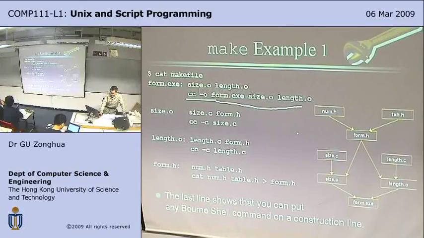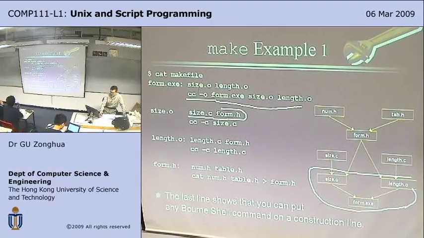Size.o is obtained from size.c and form.h. That's the dependency here, by executing this command